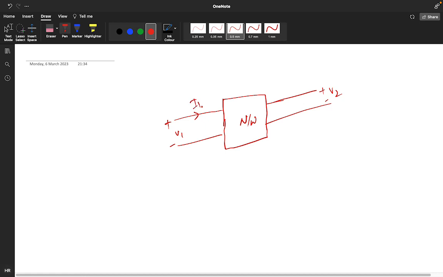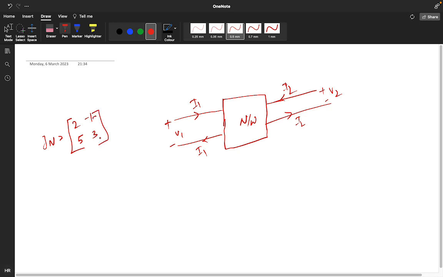This is the I1 current, this is the I2 current, and this particular has an I1 current, and this particular is leaving as an I2 current. So for this network, the value of Yn is given, that is [2 -1; 5 3]. So if it is given like this, what I am telling is, now what you did,